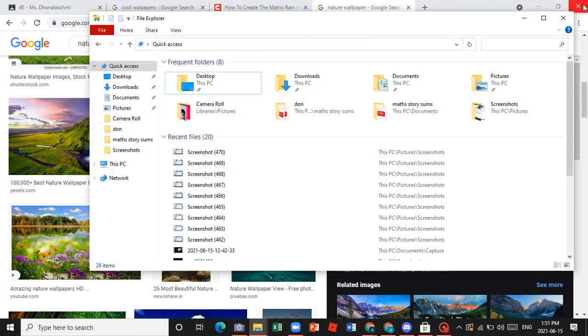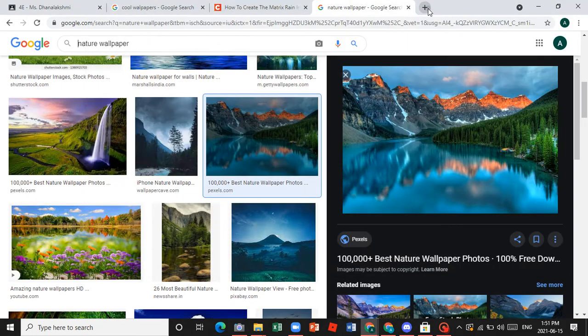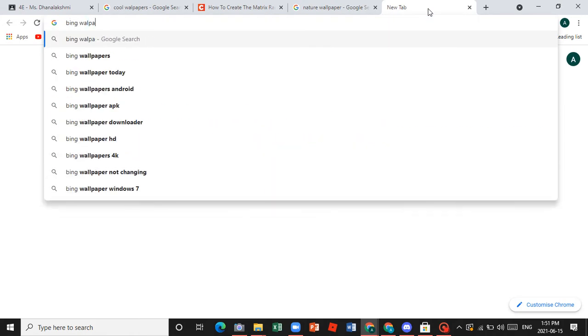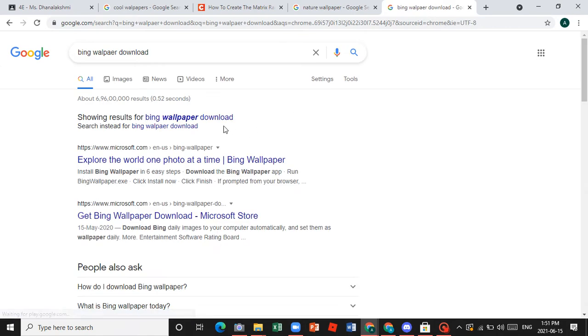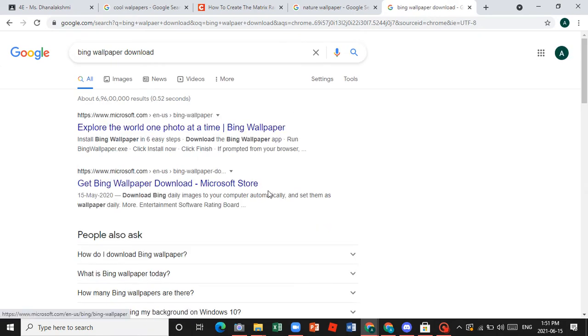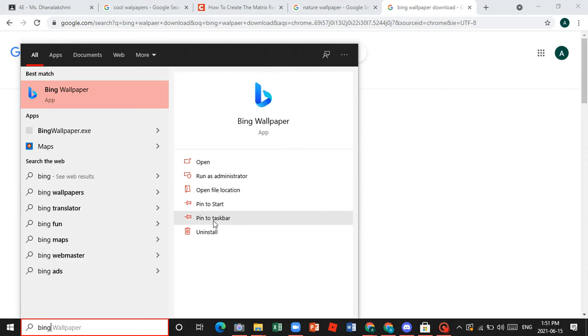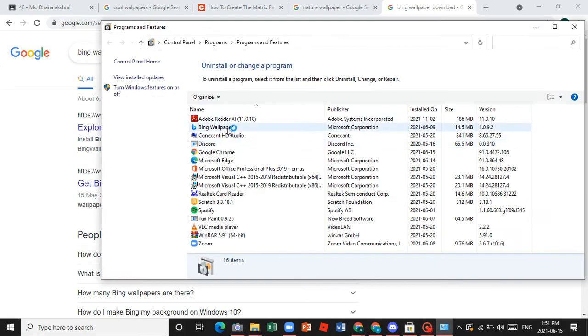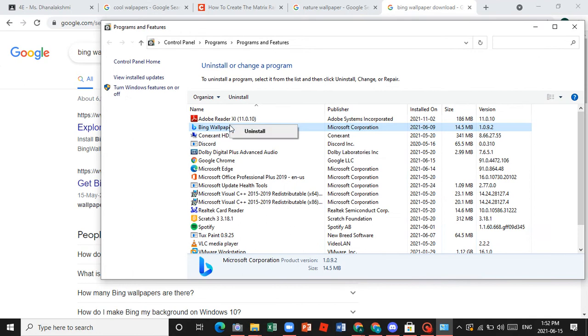If you go to Google and search Bing Wallpaper download, I'll uninstall my Bing Wallpaper for the moment so I can show you. I'll say uninstall for this.